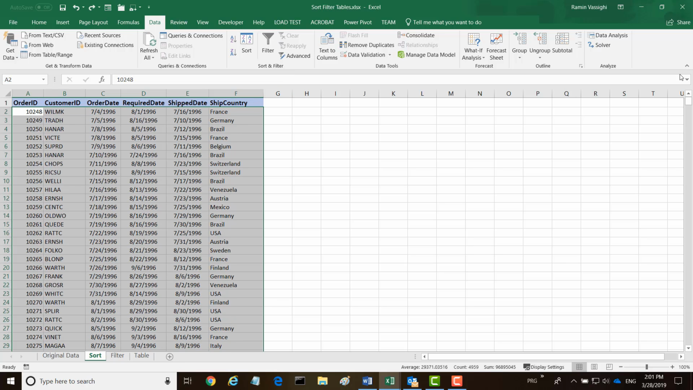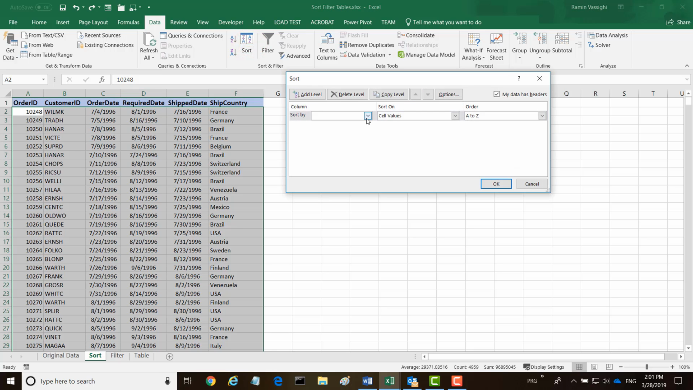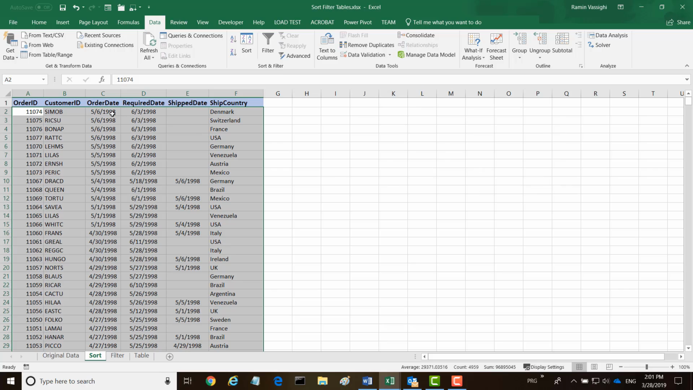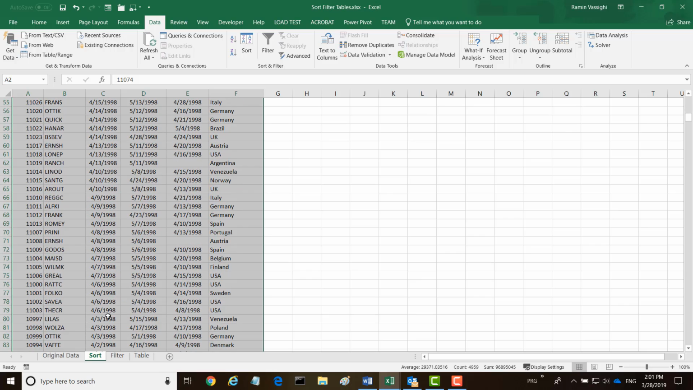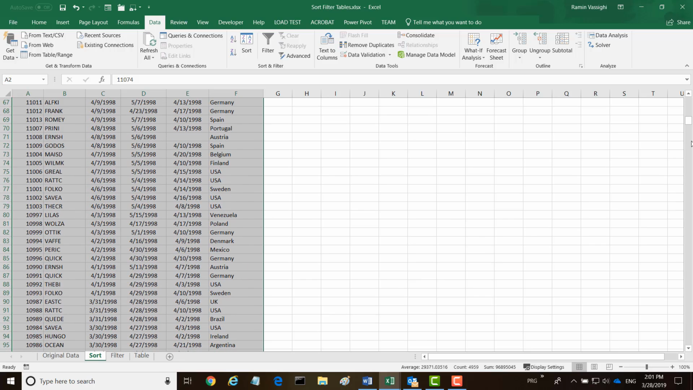Now let's try sort by date or time. In this case, we click on sort. I'm selecting my order date. Let's start our order dates from newest to oldest. This is 1996, so I'm expecting a much higher number, which is 1998. And going all the way down, as you can see,